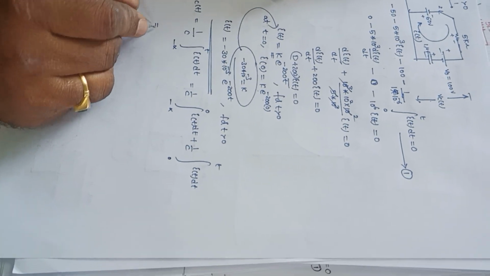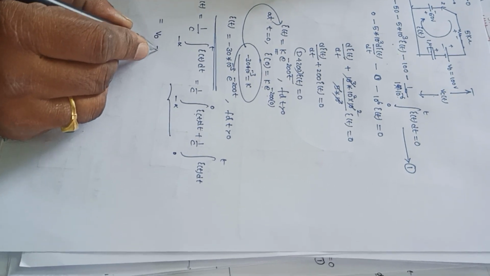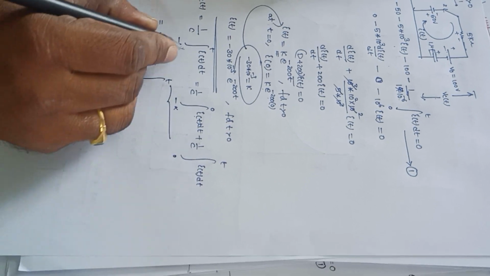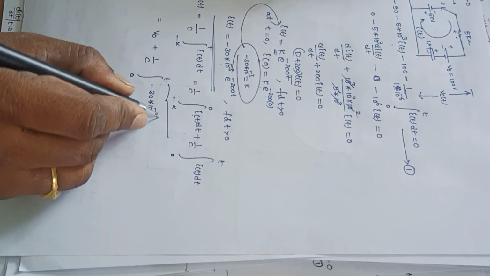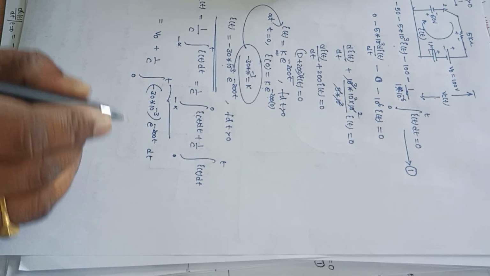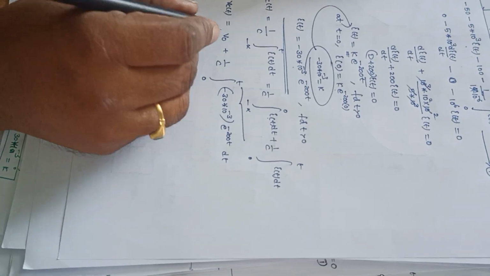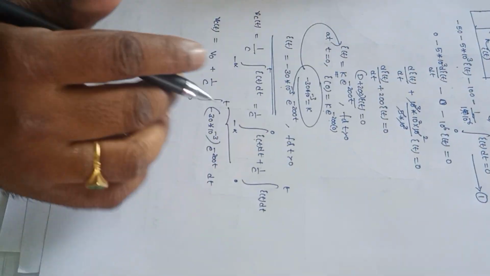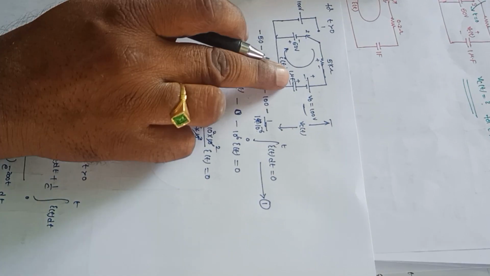So here it is: Vc of t equals V0, the initial voltage, plus 1 by C into the integral from 0 to t of i of t, which is minus 30 into 10 power minus 3 into e power minus 200 t dt. Now the initial voltage V0 is 100 volts, so this is 100 volts plus, with C value 1 microfarad,